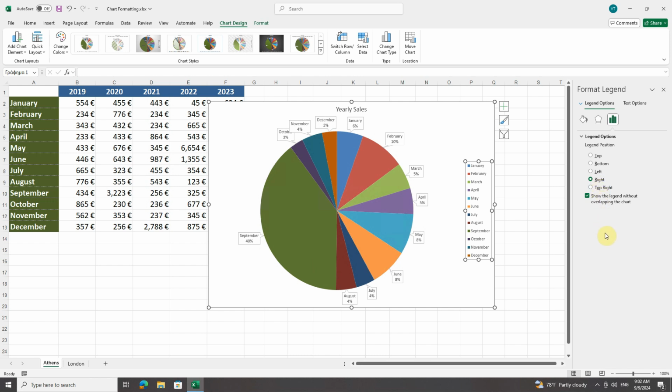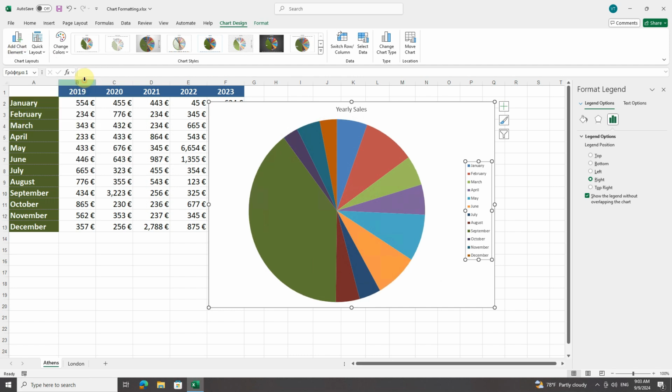The important thing in all this is to understand the logic. That is, to understand that the chart consists of many individual elements, many individual areas. As I said, the elements and areas are the same thing. You can add or remove these elements from the Add the Chart element tool. For example, I will go to the data labels and click None, so the data labels are not visible right now. For every visible element of the chart, you can make more formatting with the process you saw in the previous lesson and through the more options that are available in the chart,